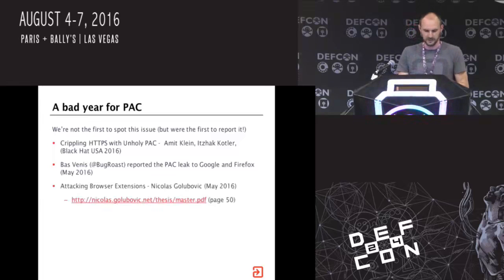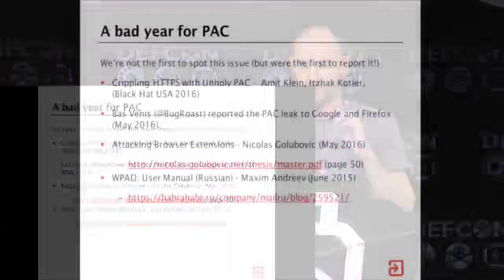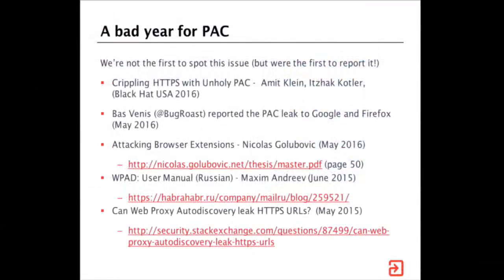So plenty of people looking in the same place. There was a master's thesis from May this year which outlined this issue. There was a Russian blog post from June last year outlining this issue. And there was a Stack Overflow question from May last year outlining this issue. Lots of people have found this. Nobody reported it to the vendors. Interesting.